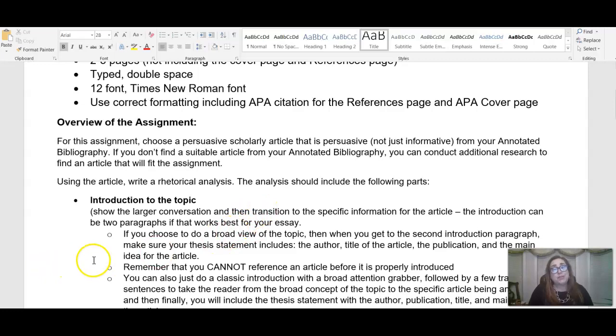Please do not ask me if you can use a Google article. I don't want you using a Google article. I want you to use a JCC scholarly article from the databases that are available there, and there are many. You have Gale, NC Live, Opposing Viewpoints. I mean, the list goes on and on. So don't just look at NC Live. If you don't find something there, go to another service and look through their database to see if you can